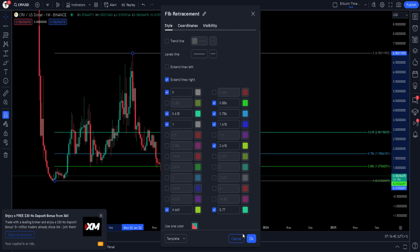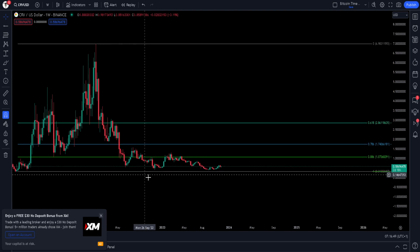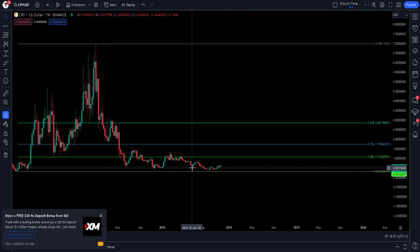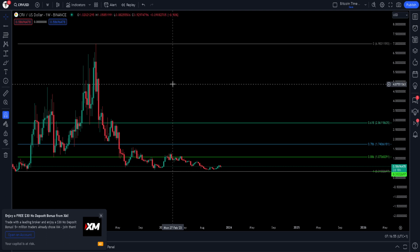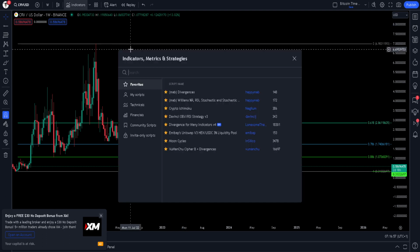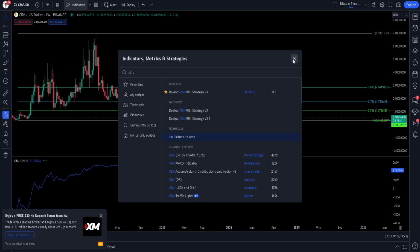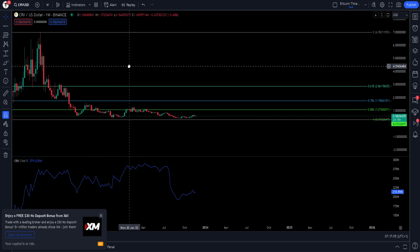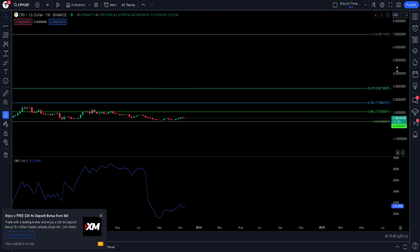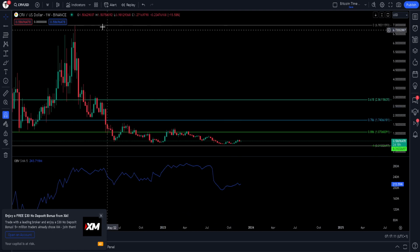Let's just remove the 50 as well. She is only allowed to start looking at these at the 61.8. We're well below that, so her first rule has been fulfilled. Now she needs to wait for some indicator confirmation. It does not matter which one you use. I use the OBV. Now CRV is one of the larger market cap coins that I've been looking at,